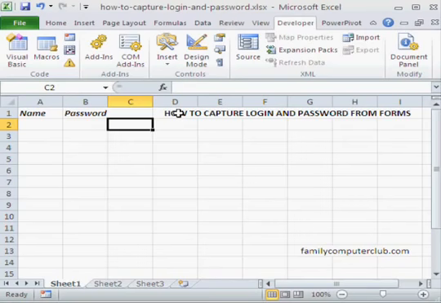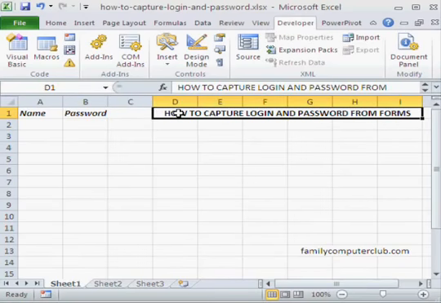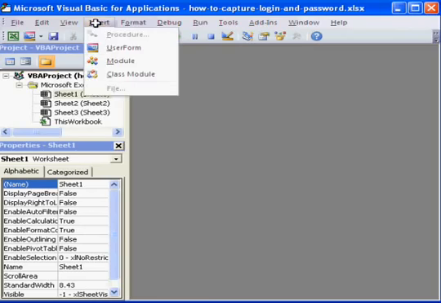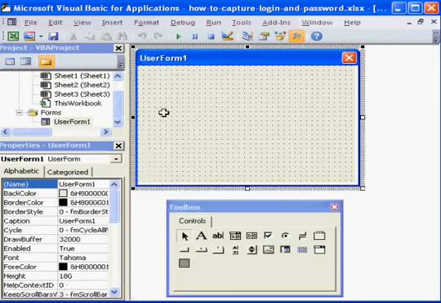Today we will learn how to create a user form from which we can then capture the login name and the password. You might be used to this when you log into your Google or Yahoo email account, right? So let's see how this is done. We go to Developer, Visual Basic, Insert, User Form, and now we create